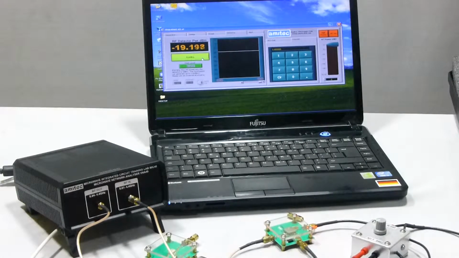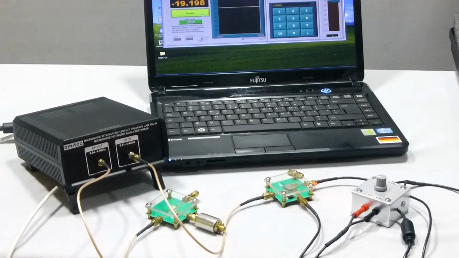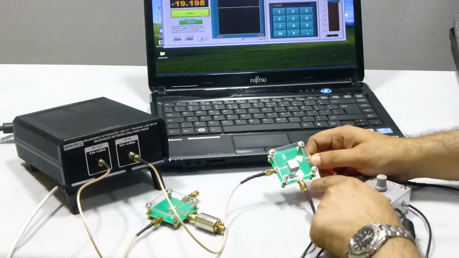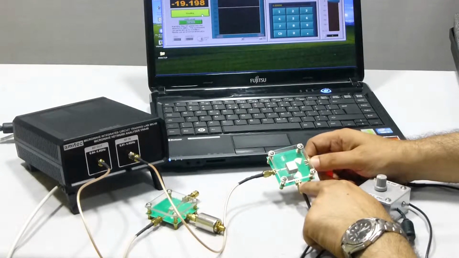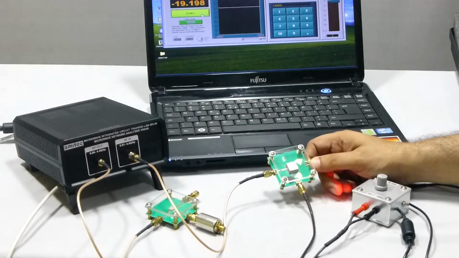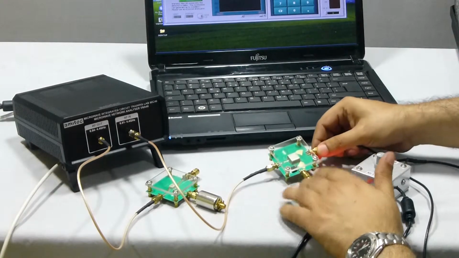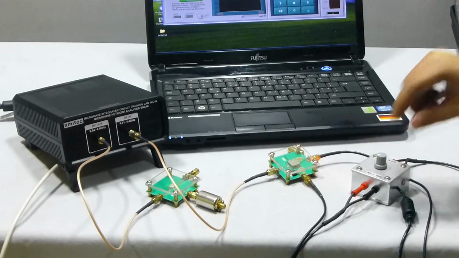In this video, we'll try to find out the performance of a microstrip VCO, a microstrip mixer and a microstrip Schottky diode detector using the network analyzer with us. Now in this case, we have powered up the VCO. We have applied a plus 12 volt DC bias at the power of the VCO through a fixed power supply provided here, and we have applied a variable DC bias supply through a variable power supply available here.